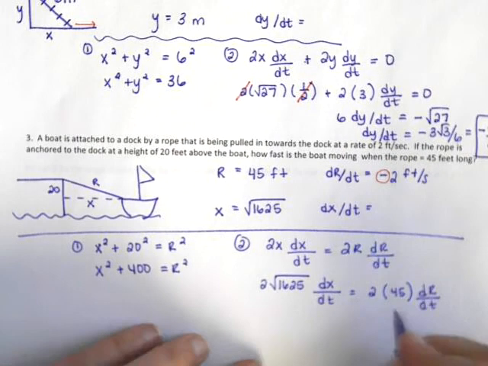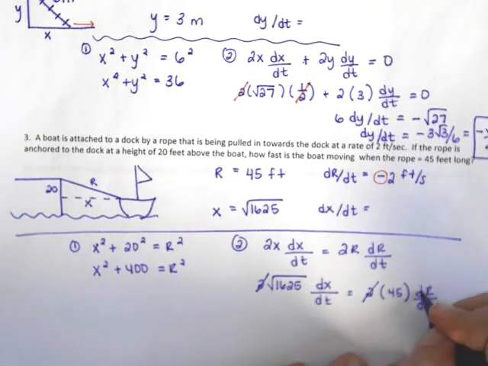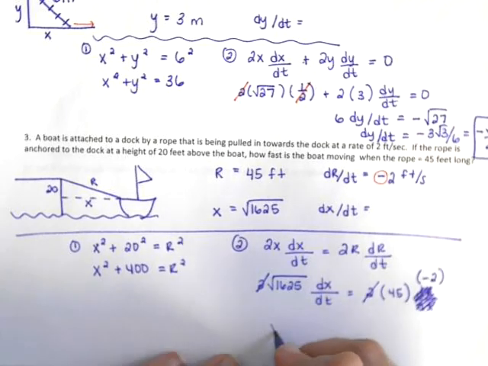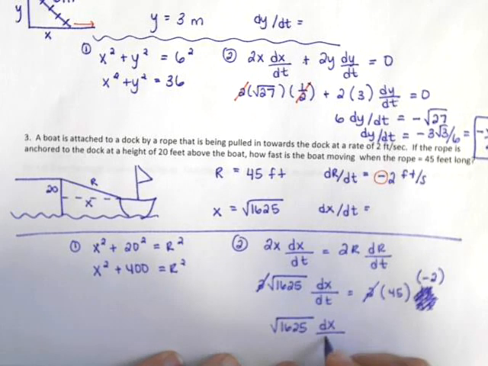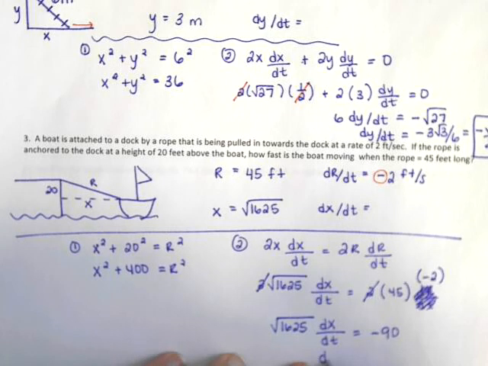So if I simplify this, the 2's cancel. Oh, I forgot to fill in the negative 2 here. So I get the square root of 1625 dx/dt equals negative 90, which means if I divide, I get,